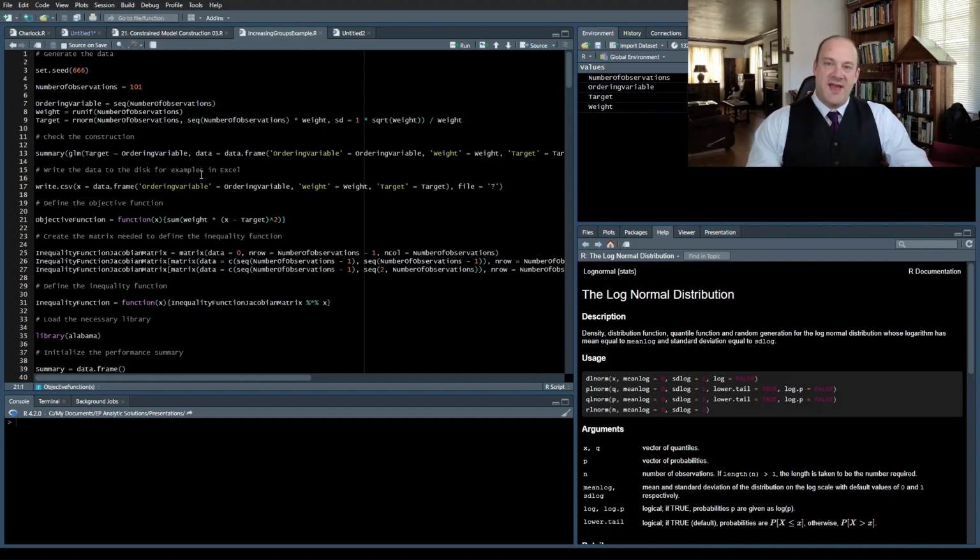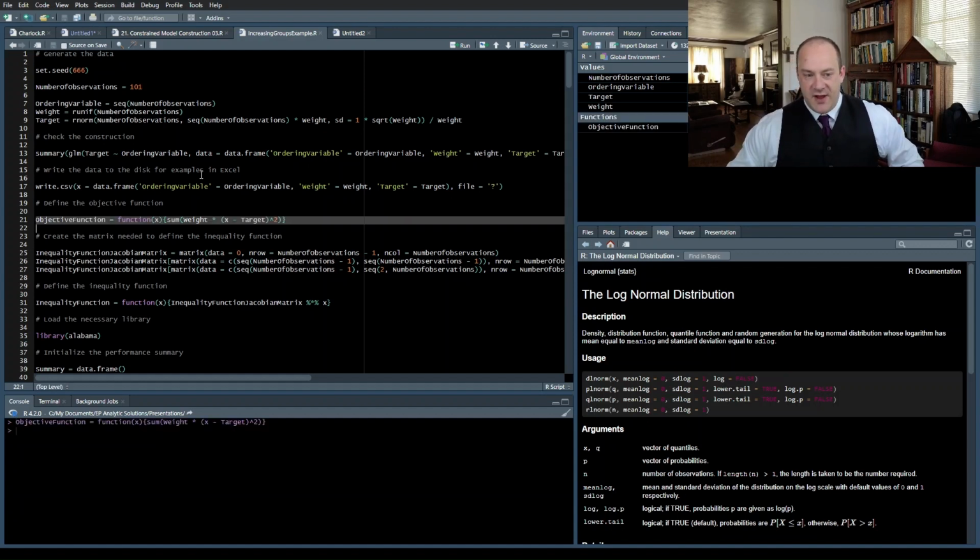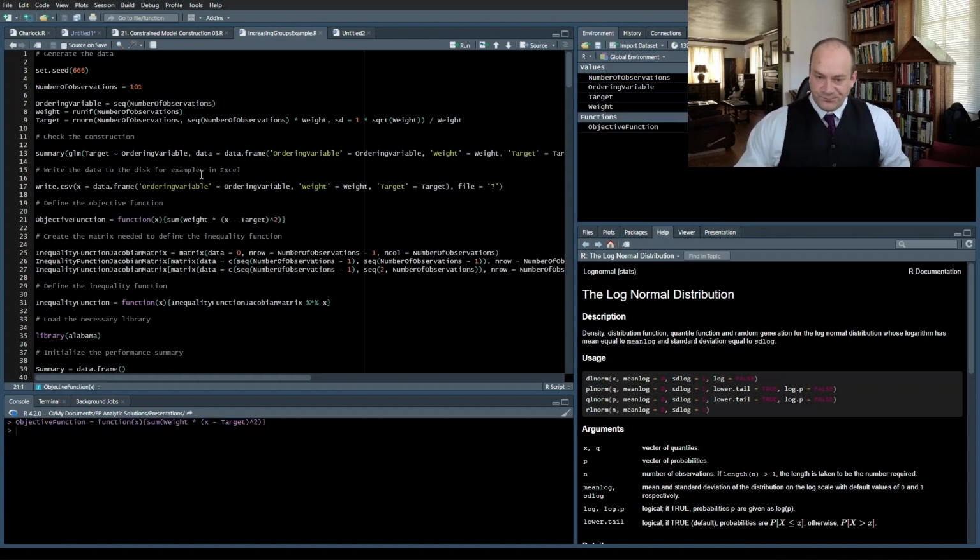So here in R, it's a little bit more technical than Excel, right? But it's more powerful. So, hey, life is full of trade-offs. But we simply create our objective function here. In Excel, we had that one cell, which was the sum of all those other cells in the column, each one of those cells in the column was itself a squared error that was weighted, and then you add it up. And here in R, we are doing exactly the same thing, which is that we have our target